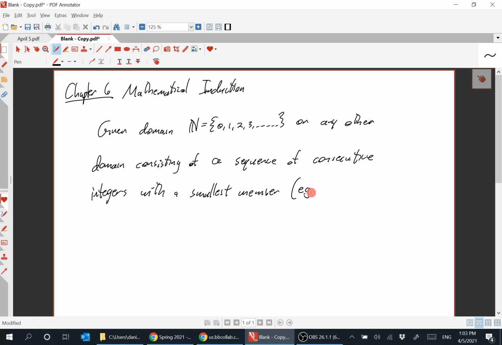So, for example, if you had something like this, domain D equal to, so instead of starting at 0, you have to start for some reason at -2. You have this domain of consecutive integers, and you start at 0, or you start at 1, or you start at -2, or you start at 6, whatever it might be. You just have some starting point, and then you go consecutively after that. So given such a domain, mathematical induction